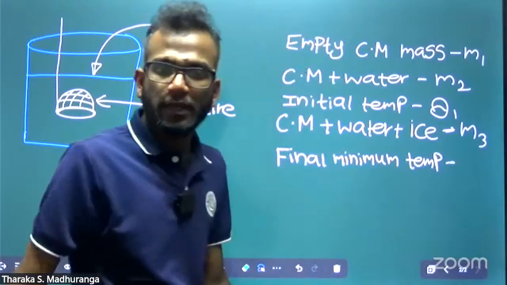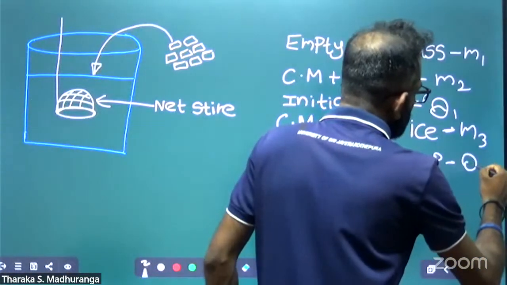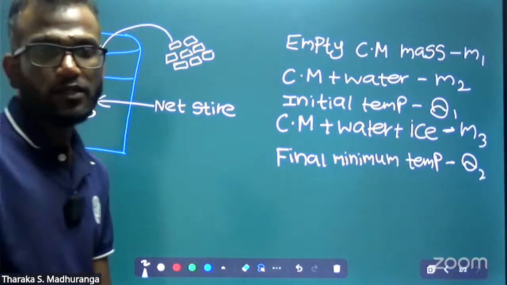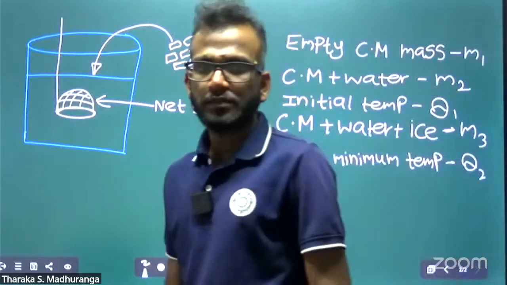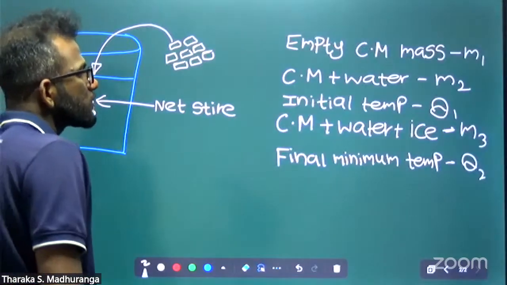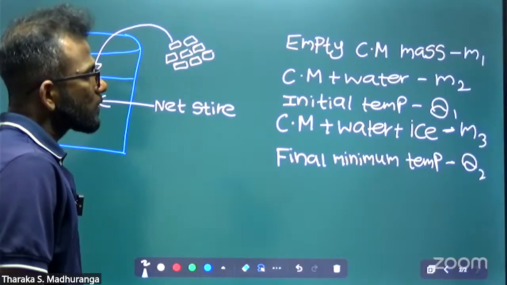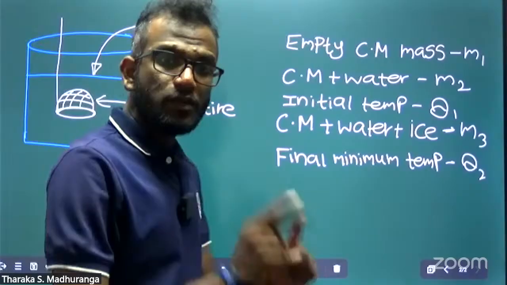Final minimum temperature. I take the final minimum temperature as θ2. After that, what do we do? We need to get